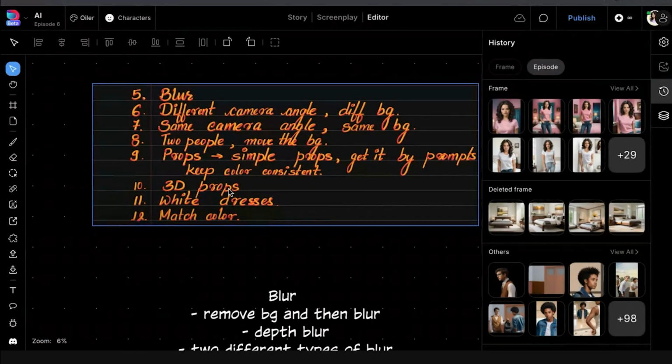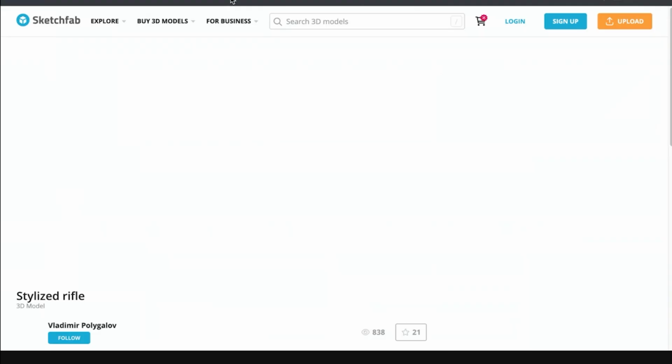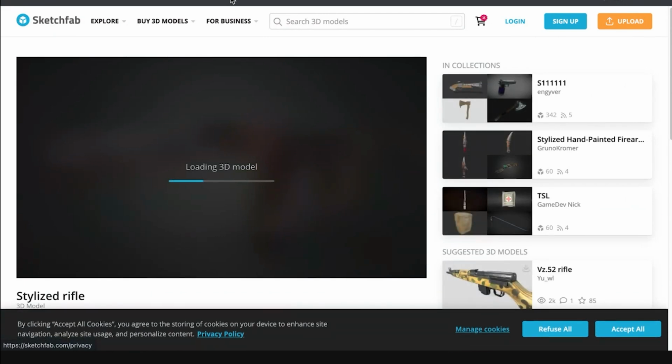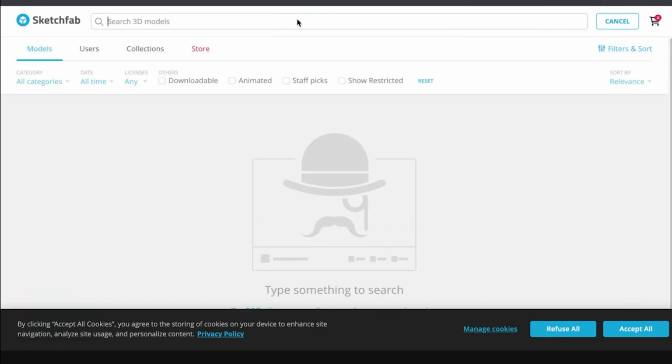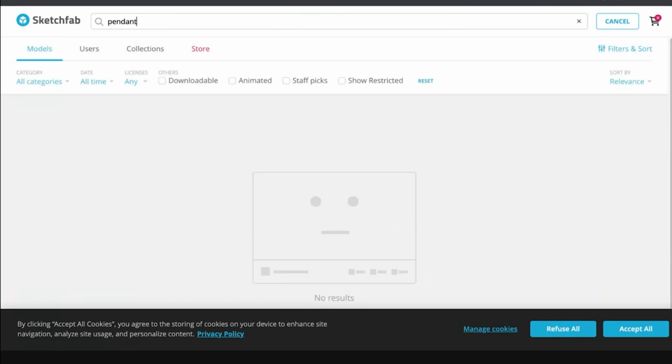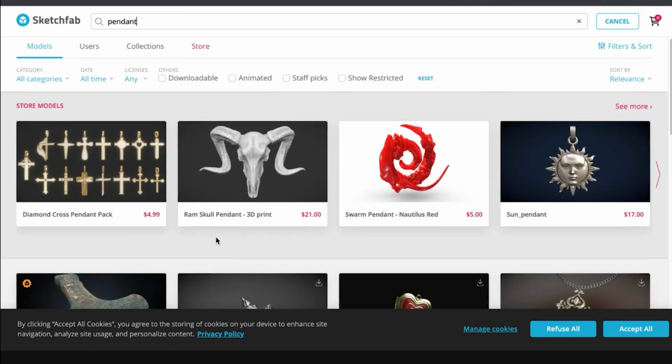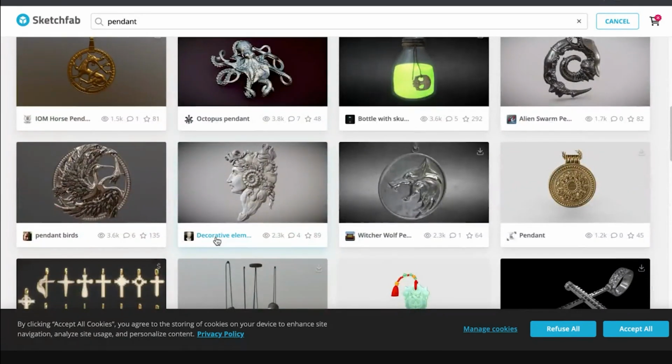So this point, right, the 10th point, 3D props, I'll tell you about this. You can use 3D props for things like, let's just say that you have to make a necklace, let's say, right? You have to make a pendant for a character, and that pendant requires